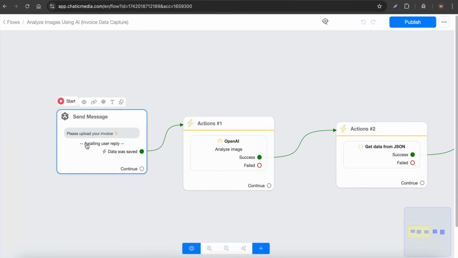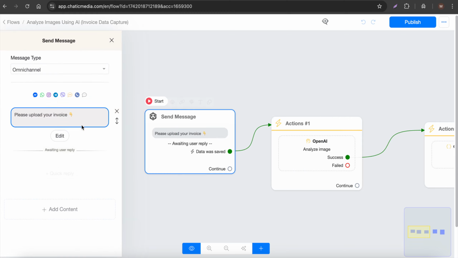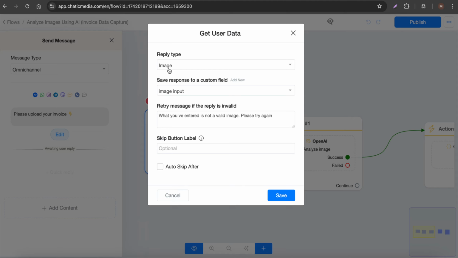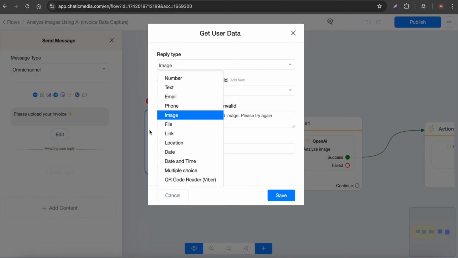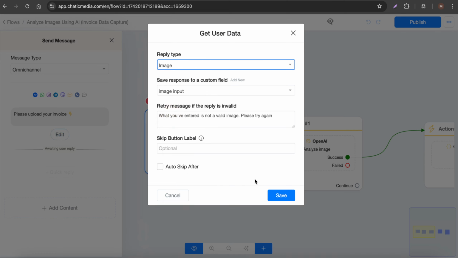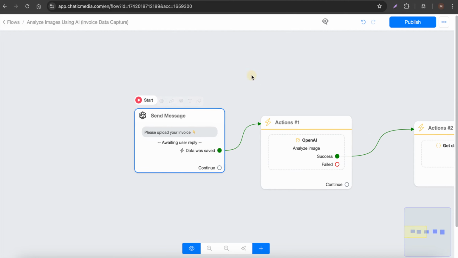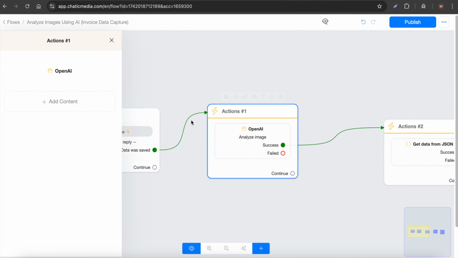So this particular flow starts with the first step, which is uploading the invoice image. We are saving that particular reply in the image input field. Here you can see, create new fields as you like and select specific inputs as well. Alright, so once the image is uploaded, we send that particular image to OpenAI through an action, OpenAI